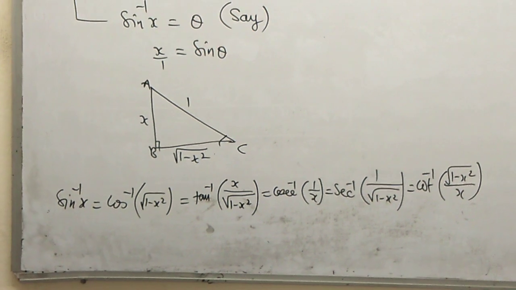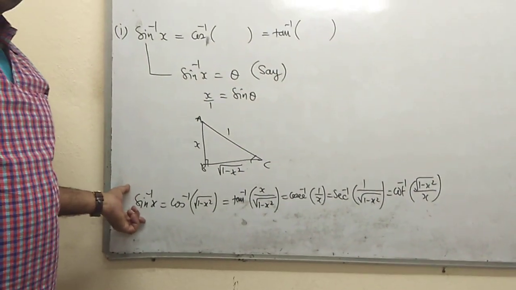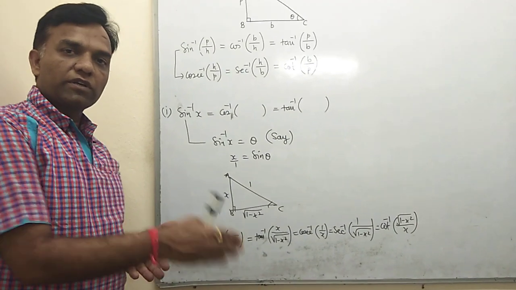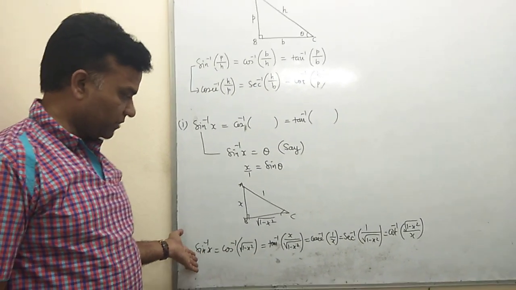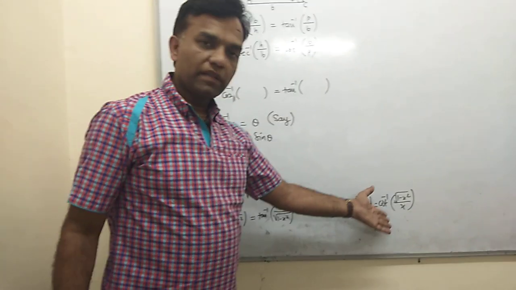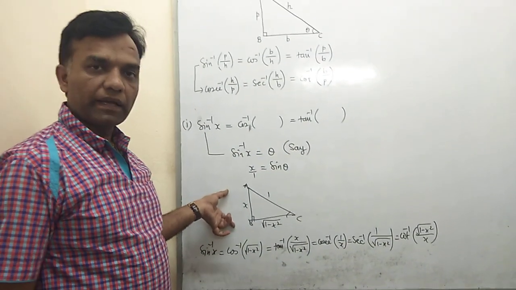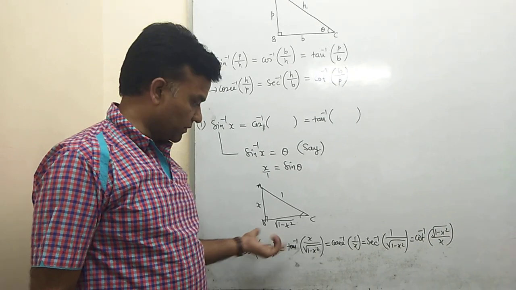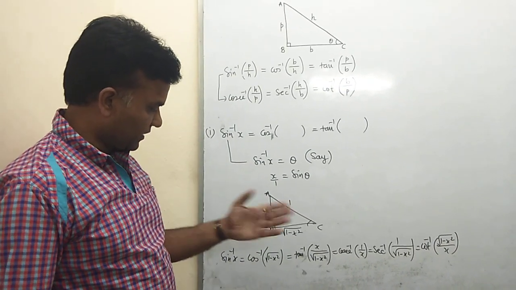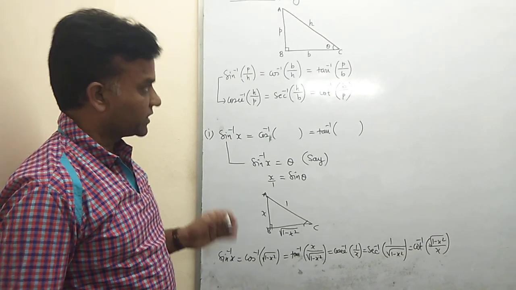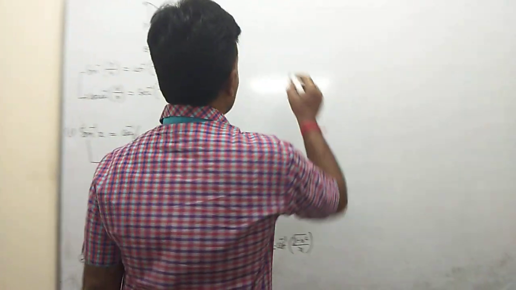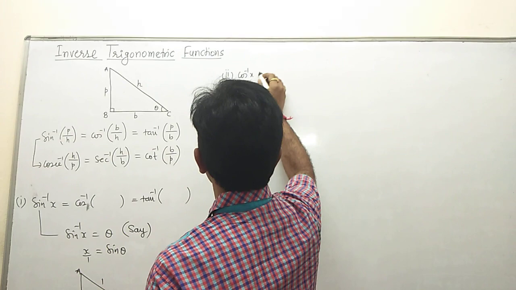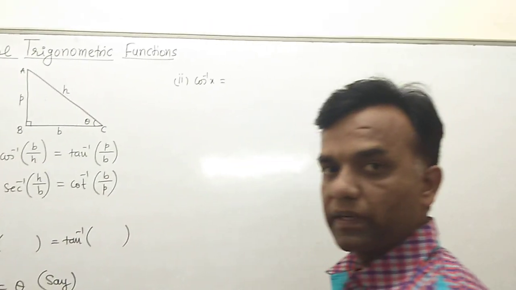Any one particular trigonometrical form is given, and you convert that value into the different trigonometrical ratio forms, like sin inverse into cot inverse. It is very easy going: you only draw the triangle and put in the value, find the rest with the help of Pythagoras theorem, and then find the different ratios and relations. The same you can find out for cos inverse x. So you try cos inverse x in the same way, again drawing the triangle.